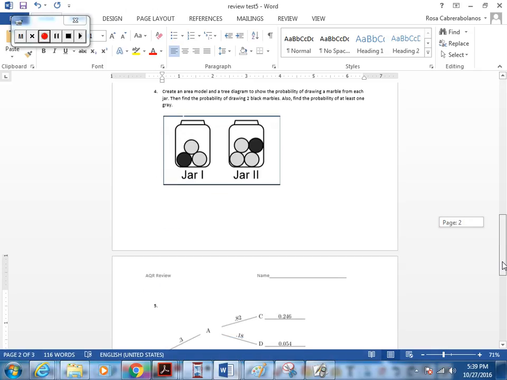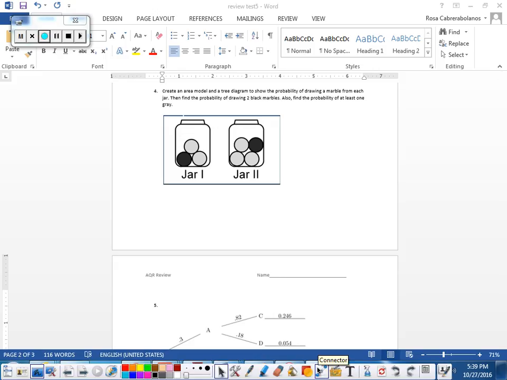Number 4, create an area model and a tree diagram to show the probability of drawing a marble from each jar. Then find the probability of drawing 2 black marbles. Also find the probability of at least 1 gray. So for this one,